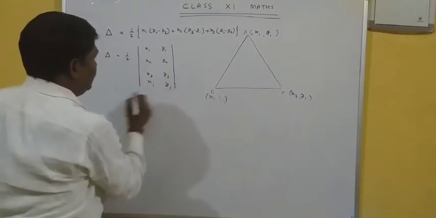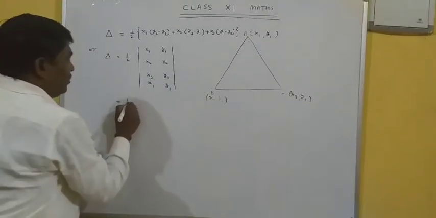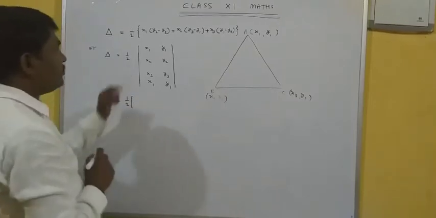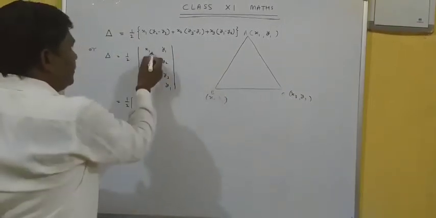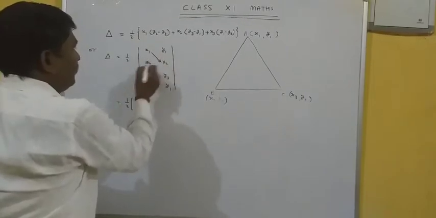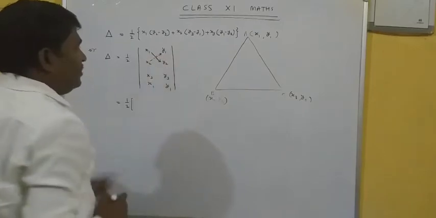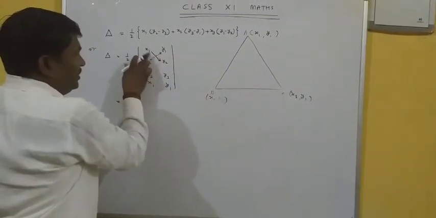How to solve this formula? Now see, 1 by 2, thereafter within bracket, the product from left to right, means diagonally first, and thereafter this second. In between there will be a negative sign, hence x1 y2